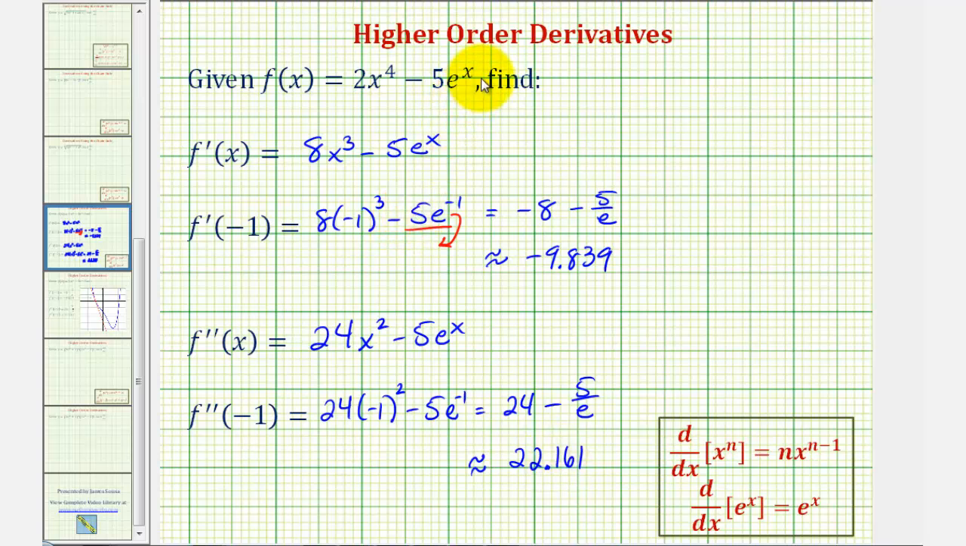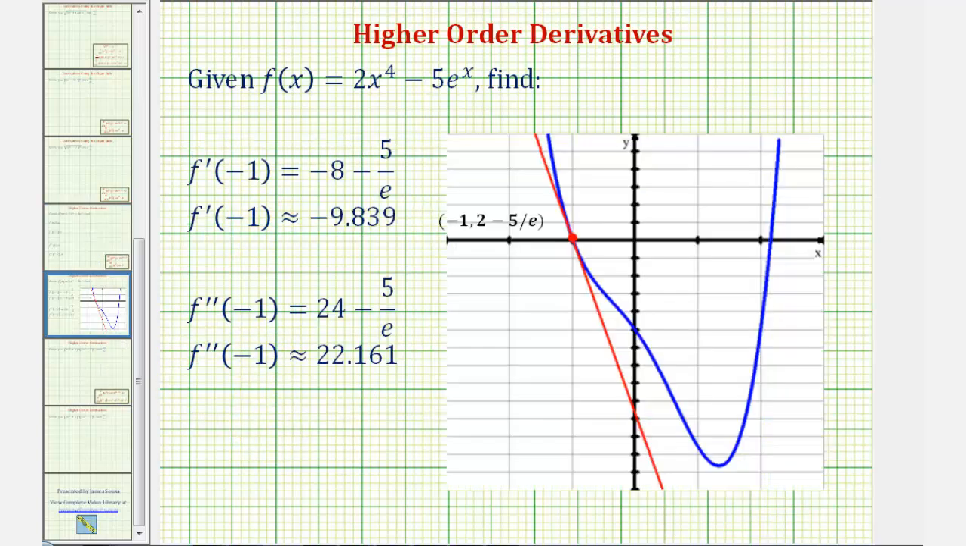Now let's look at the graph of our function, and at the point on the function when x equals negative 1. The original function is graphed here in blue. Notice when x equals negative 1, this would be the point on the function. To find the corresponding y-coordinate, we'd have to substitute negative 1 into the original function. Notice at this x value, the first derivative is approximately negative 9.839. This tells us the rate of change of the function at this point, and also the slope of the tangent